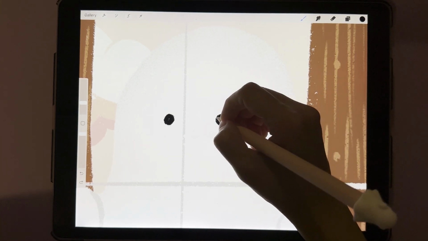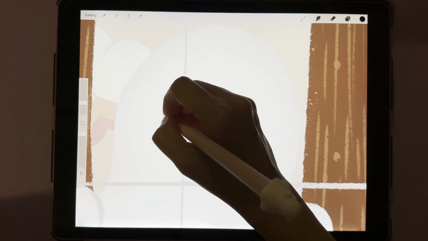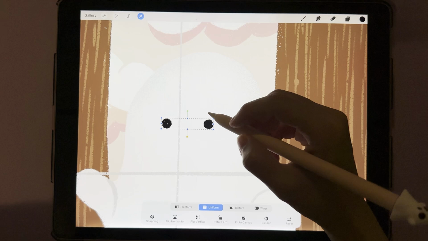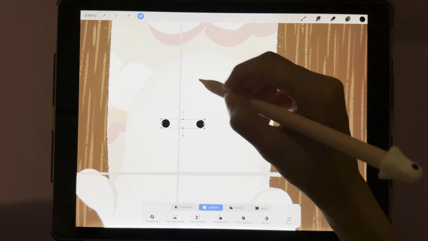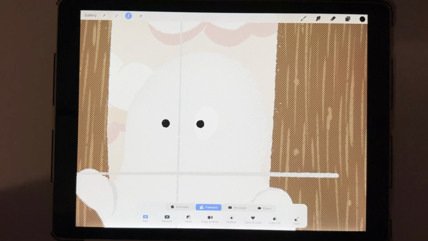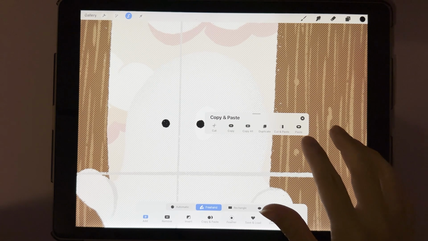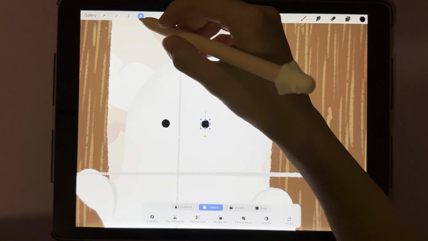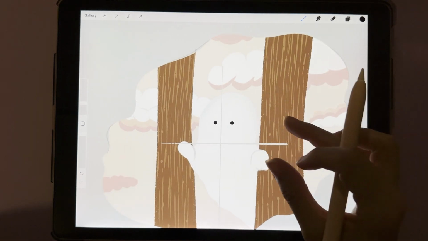I'm gonna add one of the eyes over here, just a circle, and a bit more. That's a bit too big. There's a bit of separation going on. Maybe they're too big. I like them when they're super small. That makes it cuter. Just gonna select this one, cut and paste, and move it. As I said yesterday, you can actually place,